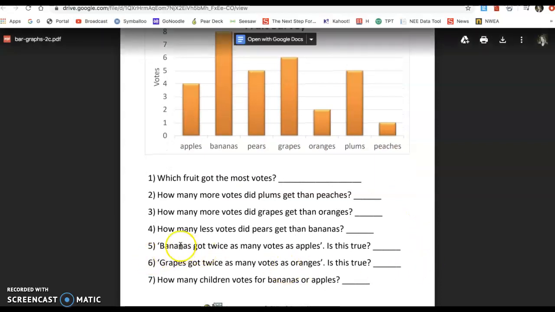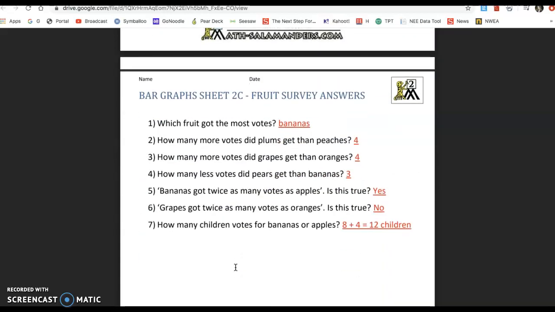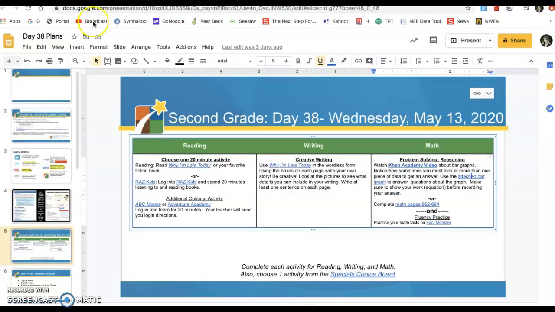Now this one here, bananas got twice as many votes as apples. You might need to explain to them what twice as many means. So that language might be tricky. They might need your help, but the others are pretty self-explanatory. And then there's, of course,